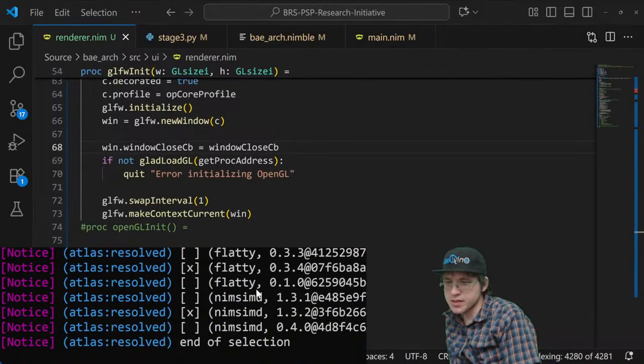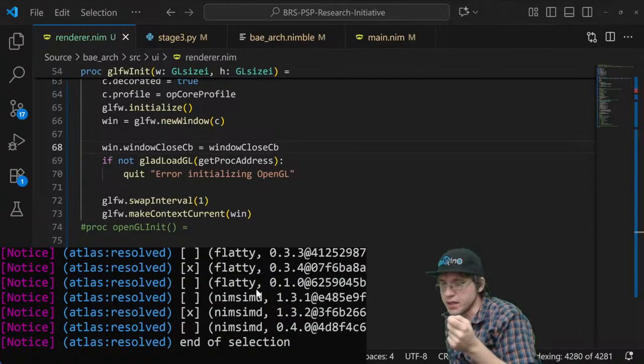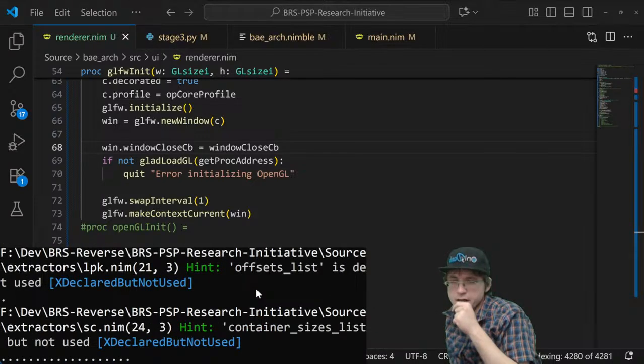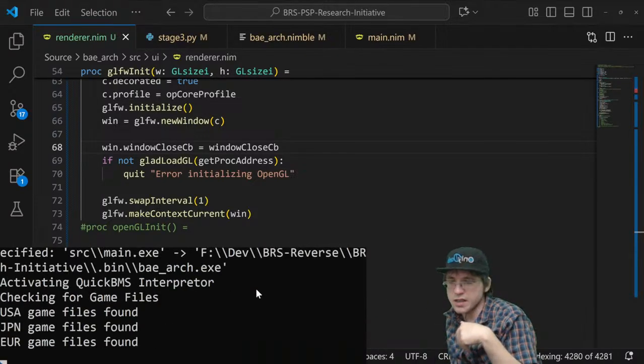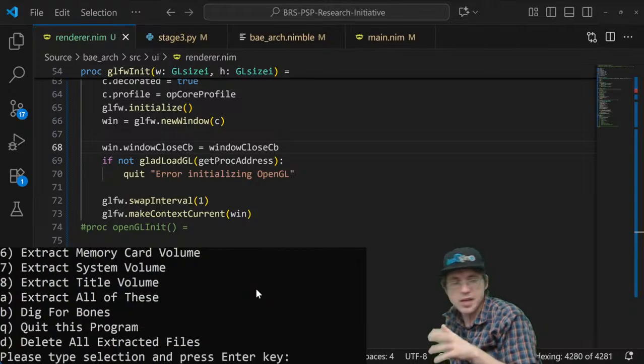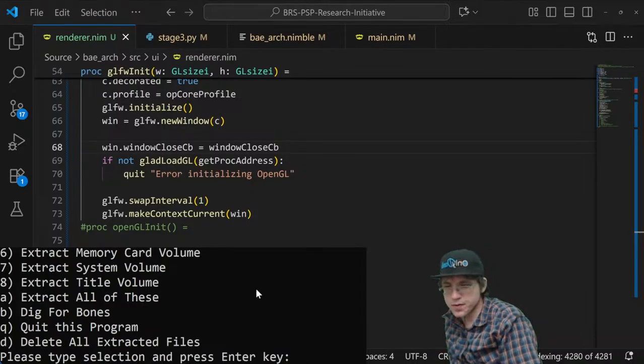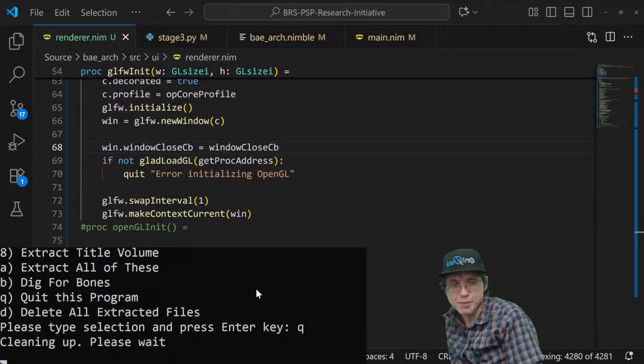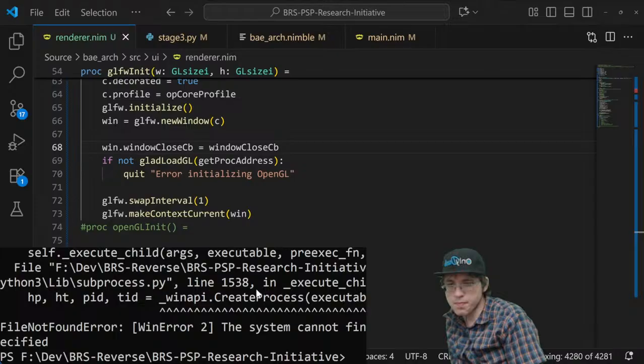So right now, the way the build system works is it first downloads Python, an older version of Python 3. It downloads some helper libraries, and then it starts downloading Zig, LLVM, and Nim, and it starts building Nim and all of its tools. And then it starts building everything from there. The goal here is to stop using QuickBMS and go to a fully unified system.